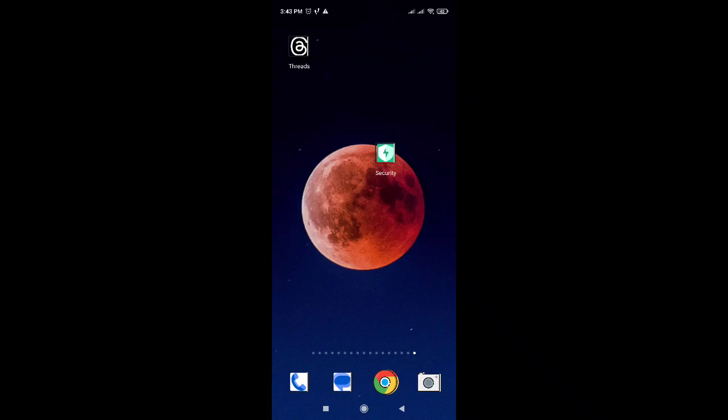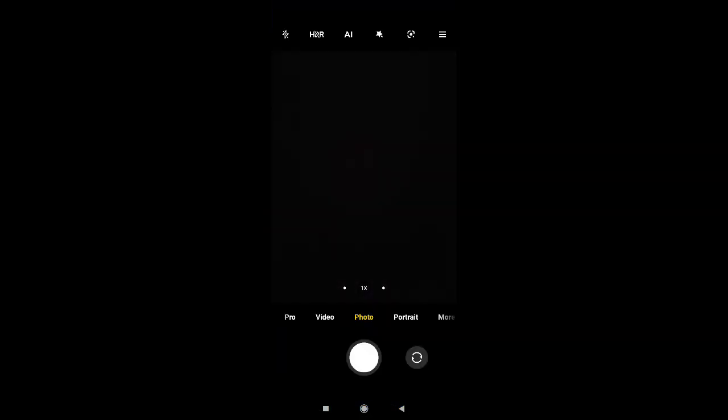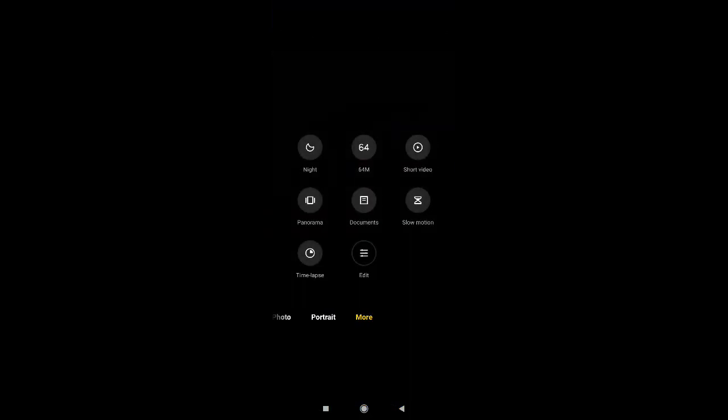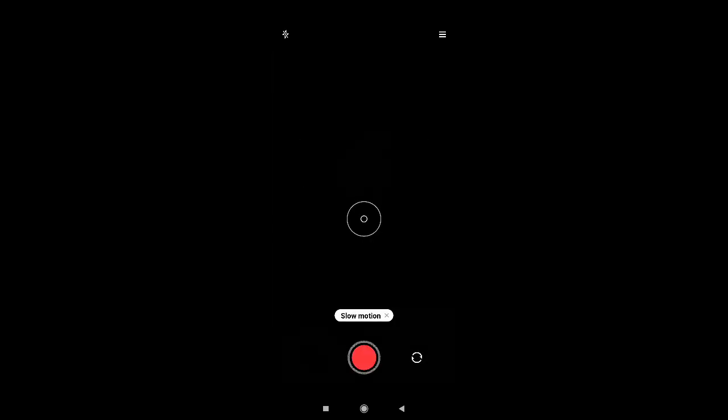Hello, in this video I want to show you how to change the slow motion speed in XIAOMI Redmi Note 9S. First you need to open your camera app, then go to the right and here find the slow motion. Then to record the video, tap